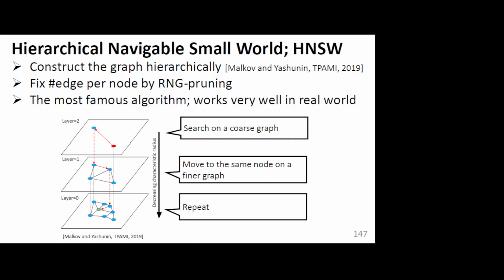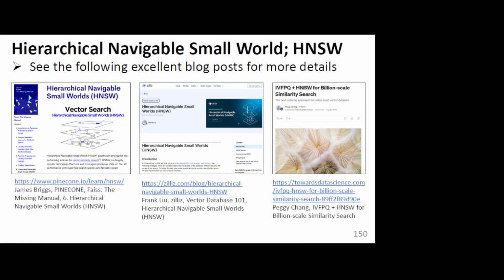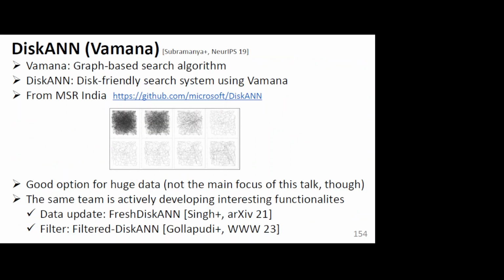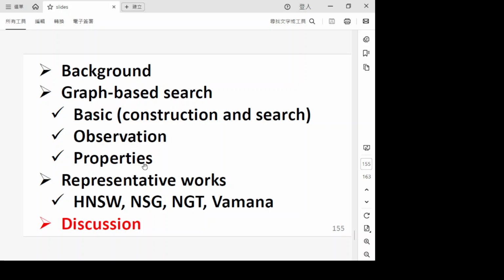It's called HNSW. You don't need to implement it. It's just one line in the library. You just import the library, set up your parameters, and it will build a graph for you and also perform the nearest neighbor search for you. So it's a very famous method, HNSW. You must remember this method. All others are derived from this. Okay, this is our first topic. Okay, so next time